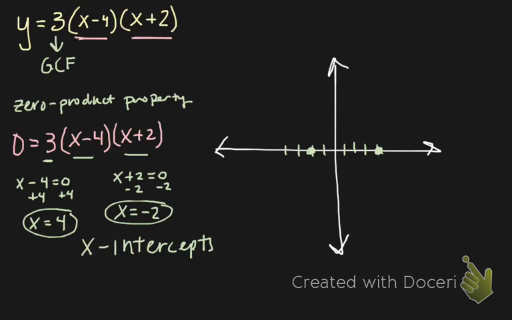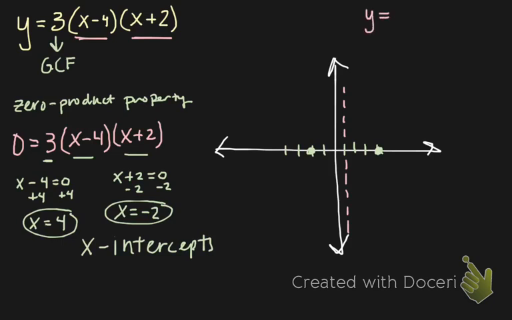Once again, we know there's that line of symmetry in a parabola, so we just need to locate the dead center of our x-intercepts, which in this case is going to be negative 1. So we have this nice line of symmetry here at negative 1, and this is where our vertex is going to lie. So all we have to do is plug in negative 1 to the original equation to solve for where our vertex is going to be.